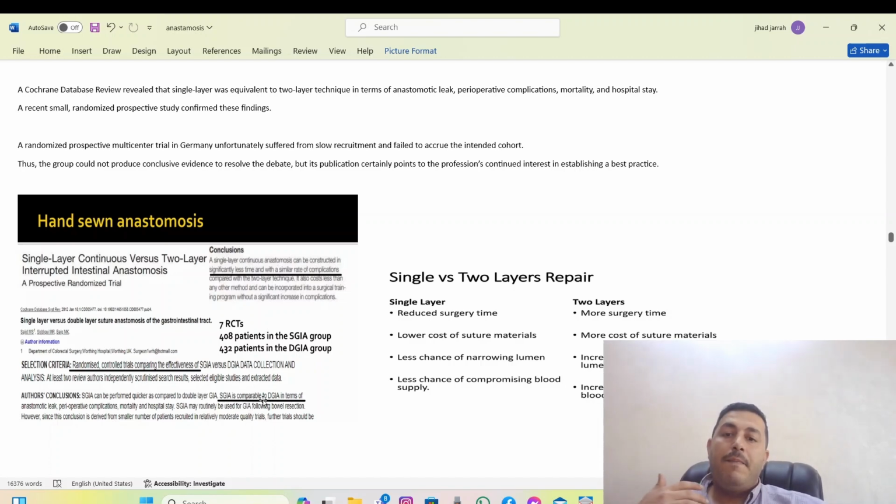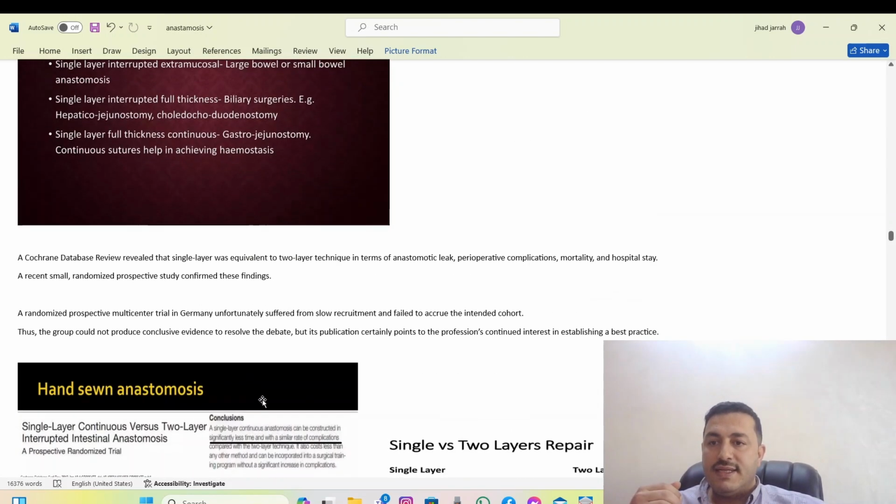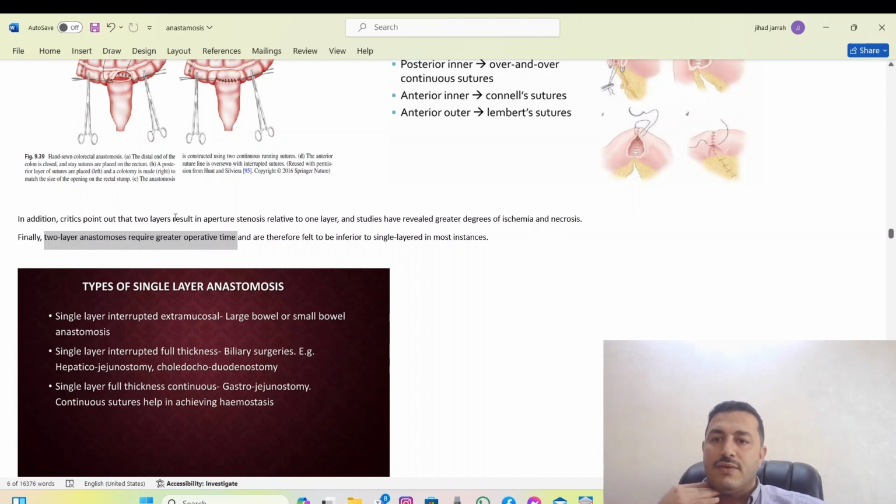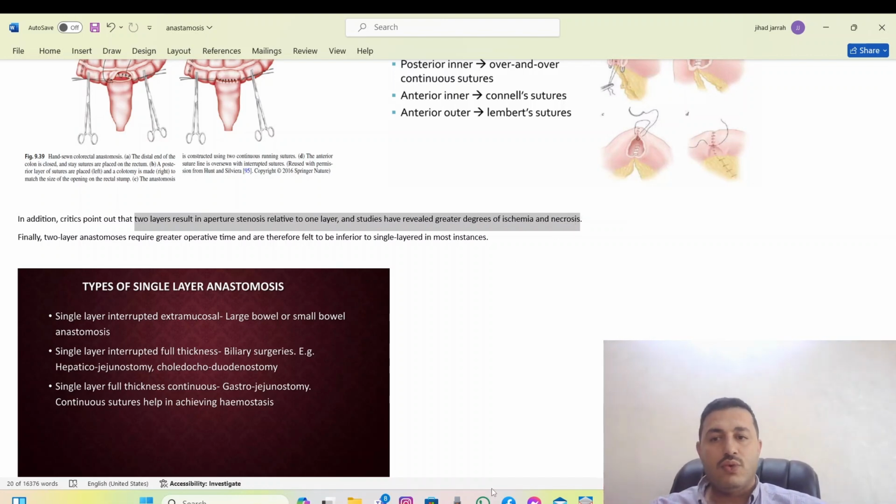anastomosis is better. Let's see here important information about the single and double layer anastomosis. The two layer anastomosis requires greater operative time. Not only that, another thing, two layer anastomosis results in stenosis. What else? Greater degree of ischemia and necrosis. So if the decision is between single and double layer, the single layer is recommended, but actually, as we said, it's